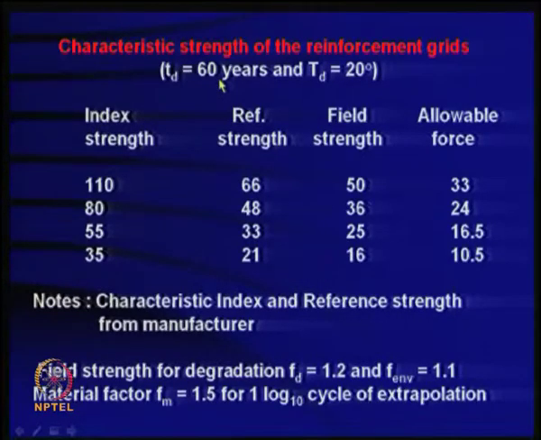At the end of 60 years it should still work, that is the assumption. So at the end of 60 years we expect that this is the force it comes down to. We assume that this is the design allowable force, and for the 80 grade it is 24, and for 55 it becomes 16.5. You have four varieties because you can optimize, as I just showed you, the spacing, and also the cost, as this one may be very expensive compared to the last one.